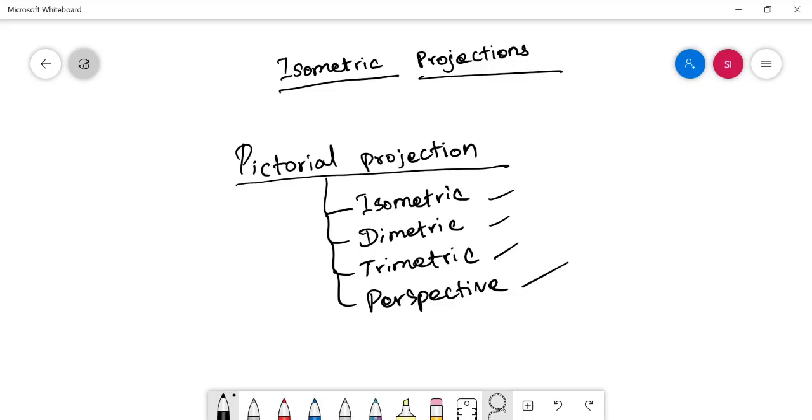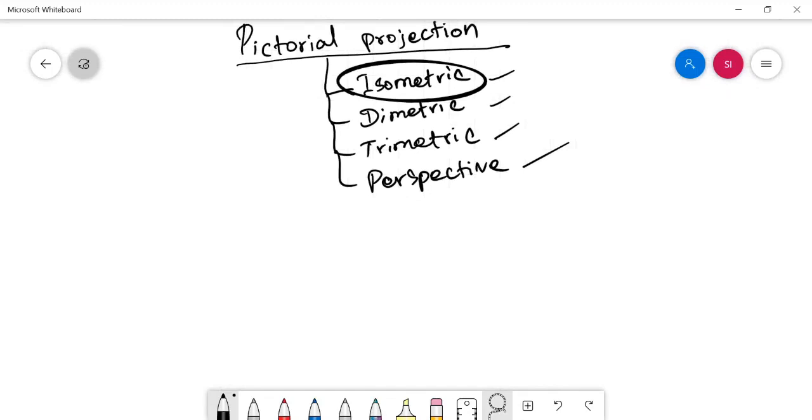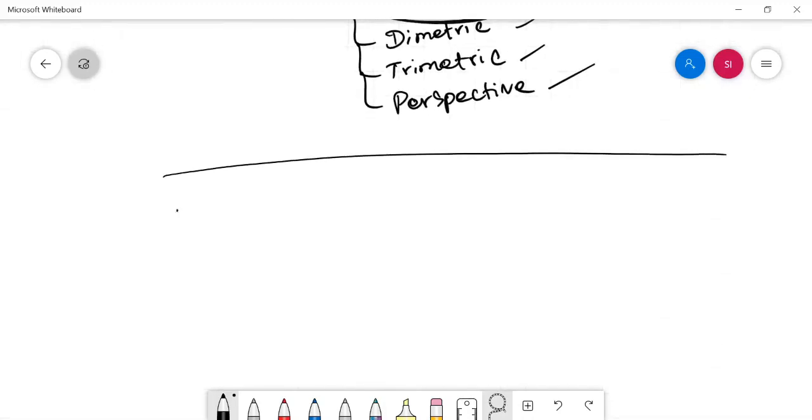In that, we are going to see how to develop the 3D views by using the isometric projection concept. First of all, let's have a short difference between isometric projection and orthographic projection. So far we dealt with the orthographic projection concept. That is, in order to express an object in a graphical manner, we need to draw multiple views of the object.